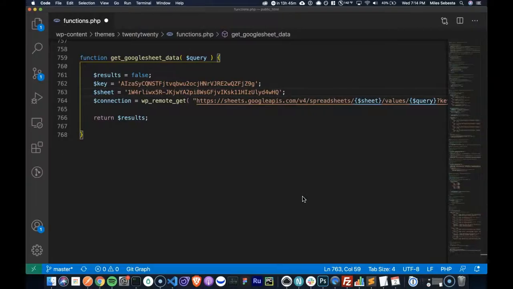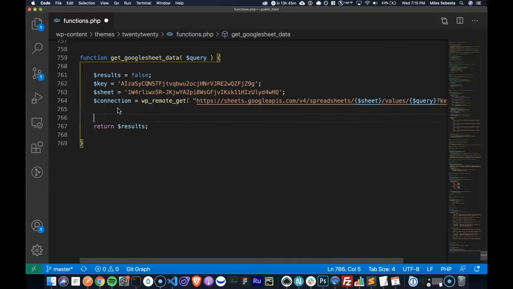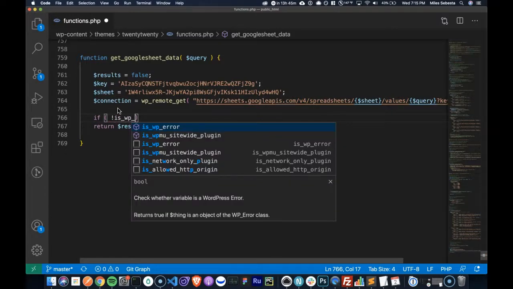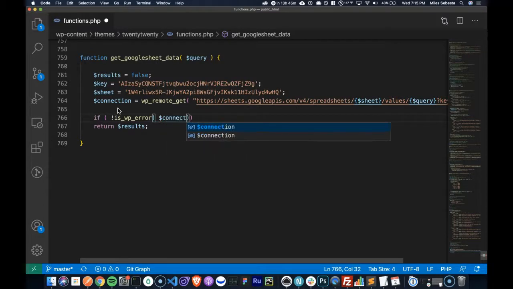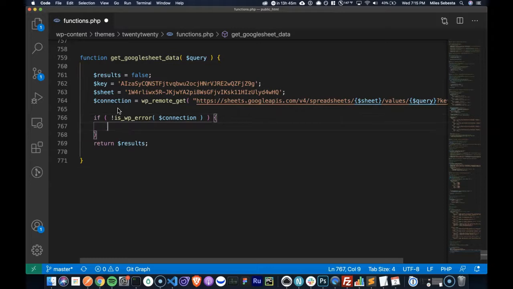All right. So next thing I am going to say, if there is a WP error, so if there isn't an error on the connection, I'm going to do something.